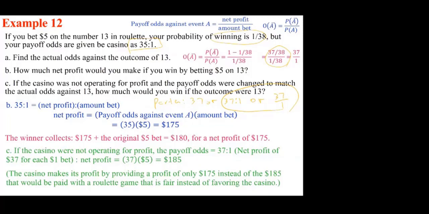But it may be like it's 7 to 2. Now, what does it mean if we say 7 to 2? It really means 3.5 times. That's the idea. If we said, for example, 9 to 2, that means we get 4.5 times. In this case, we get 37 times, or if it's 35 to 1, we get 35 times.